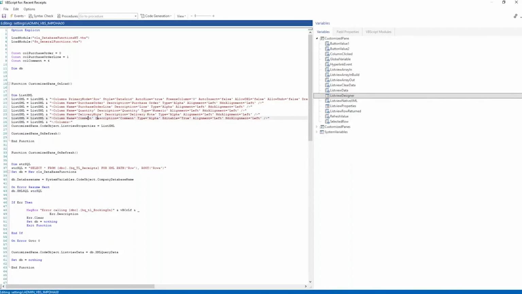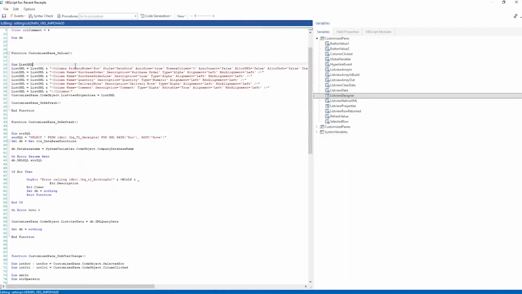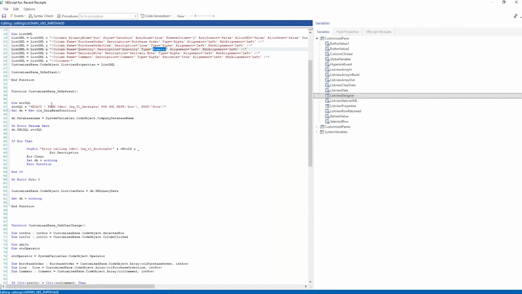The comment wasn't something native to the business activity query before, and what I want to do is build that in. So I'm going to set it as editable equals true, which means on the grid I can start typing in a value, and once they enter it, I'm able to go off and do some magic. First of all, once I've defined my grid, and it's important to say if they're alpha or numeric to enable you to sort the grids correctly, I can then set on refresh event that it reaches out to my